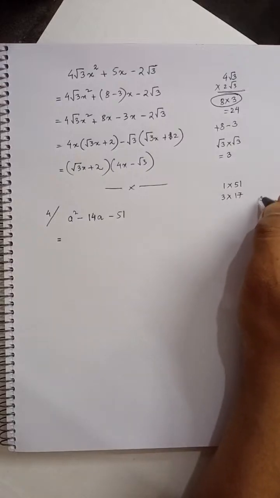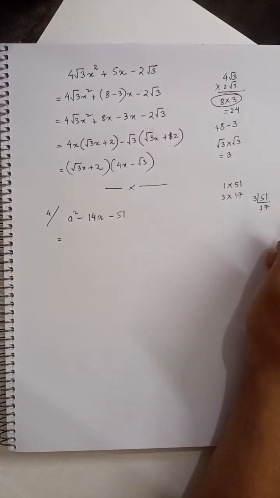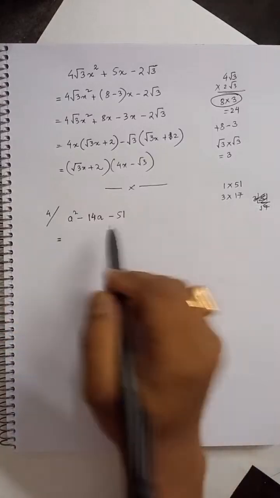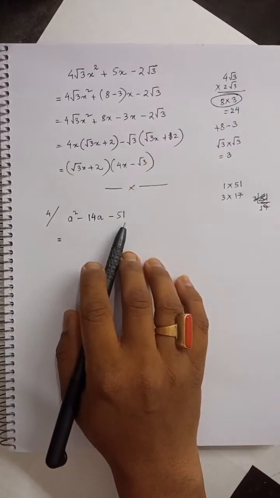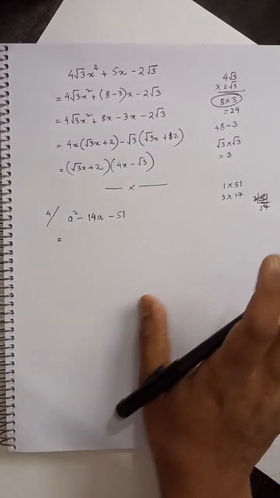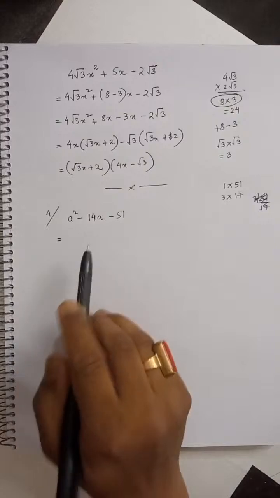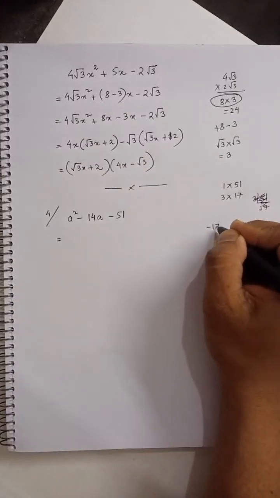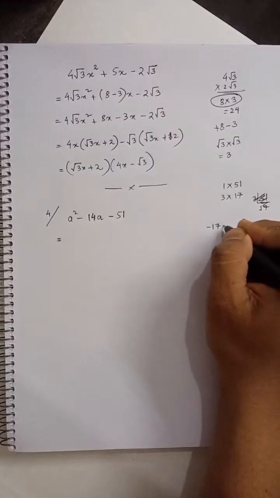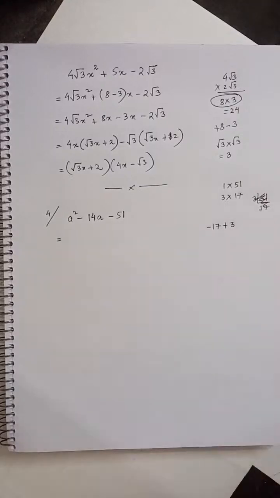Let us try with prime factorization. 3 into 17 is 51. Yeah, so these are the only two combinations that can give us 51. Now here both the terms are negative, so one positive and one negative term, and as the middle term is negative, the greater number has to be negative while the smaller number is positive. So we will have minus 17 and